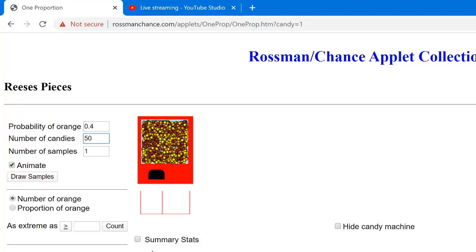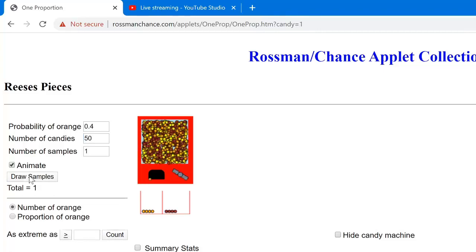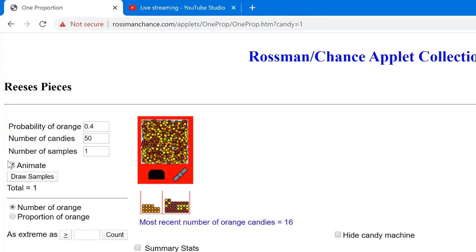Well, let's just see what happens when we go ahead and play with this app. We're going to go ahead and draw samples. So there's our sample of 50. After you do this once or twice, you're going to want to turn off the animation. Okay, so even though the proportion is supposed to be 40%,